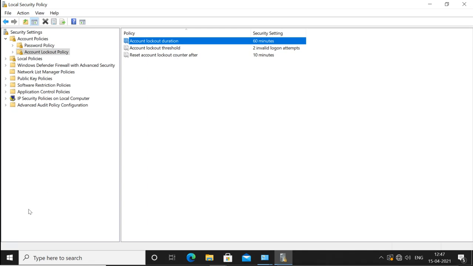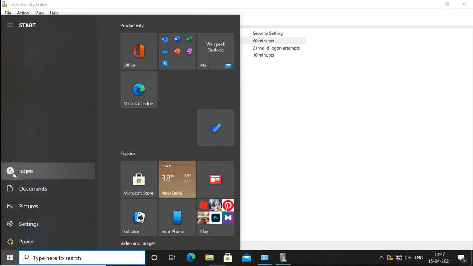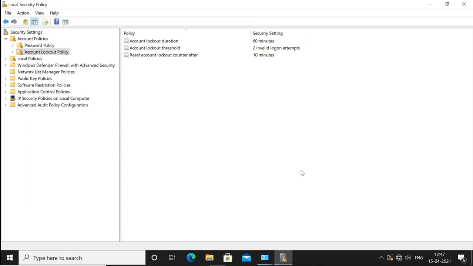But the user which I logged in with is not the built-in administrator. By default, the built-in administrator is disabled on Windows 10 machines. Windows 10 is a client operating system, so the built-in administrator account is disabled for security reasons, because the built-in administrator can do lots of things.